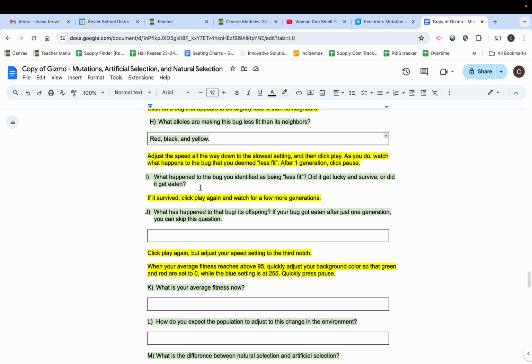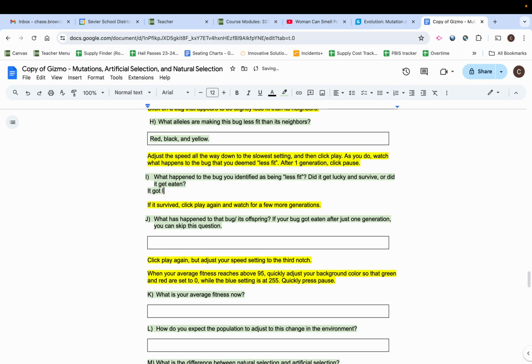Okay, what happened to the bug you identified as less fit? Did it get lucky and survive, or did it get eaten? It got lucky and survived the first round or two. If it survived, click play and watch for a few more generations. Hey, we did that. What has happened to that bug and its offspring? If your bug got eaten after just one generation, you can skip this question. Well, eventually the bad mutations got scooped up